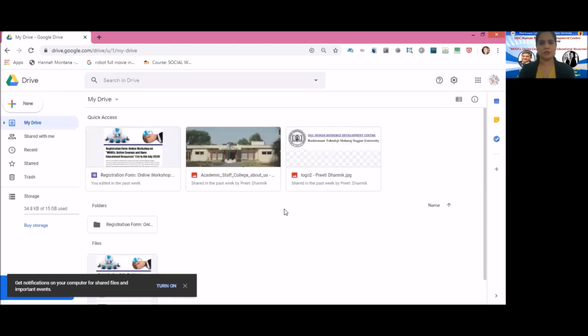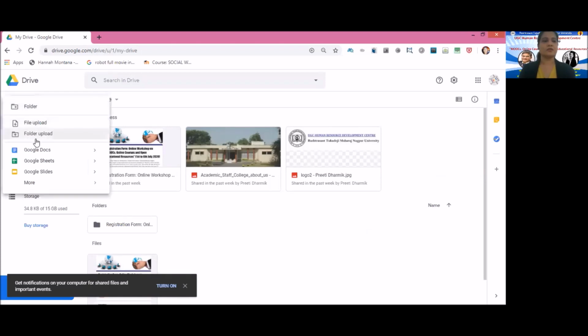So the same steps you have to perform. First step is log in to your Gmail account. Second step is click on Google Apps. The third step is click on Google Drive. After clicking on Google Drive, here you will get a new option. You have to click on this New tab. After clicking on New, here is Google Docs. This Google Docs has two subheadings, a blank document and from a template. Out of these two, you have to click on blank document.